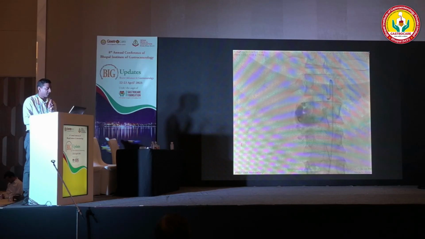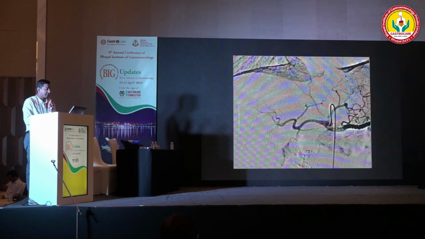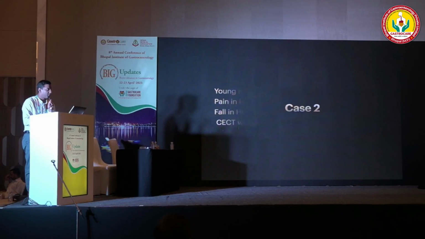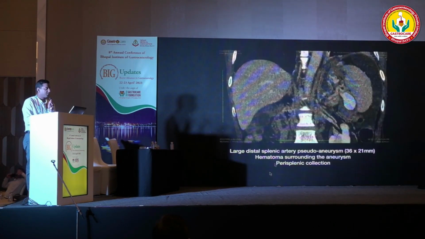Subsequently, we placed multiple coils in the vessel. This is the final celiac DSA showing complete occlusion of the aneurysm. This is the hepatic artery, showing it is patent. Now, coming to case 2. Case 2 is a young male with pancreatitis. He had pain in the left hypochondriac region with a fall in hemoglobin. CECT was done. CECT shows a large pseudoaneurysm in one of the branches of the distal splenic artery, surrounded by